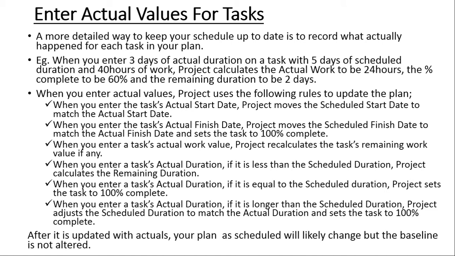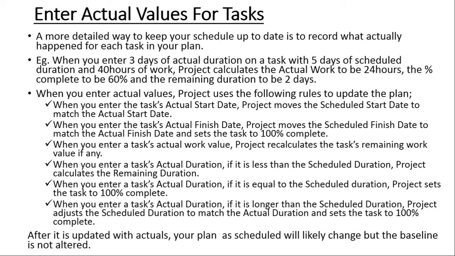The program now shifts on the plan the start date from 1st to the 2nd. So this is why we were saying we need the baseline so that it keeps the original plan, because the moment we start putting the actuals, the program will start shifting the planned date so that it matches with the